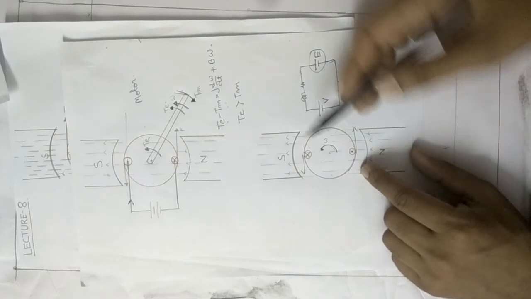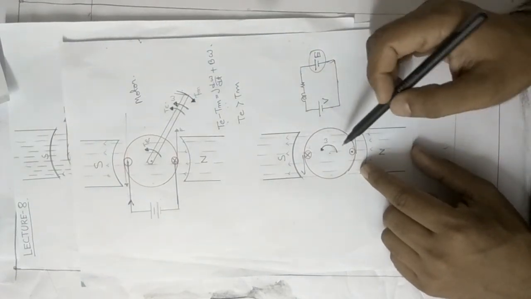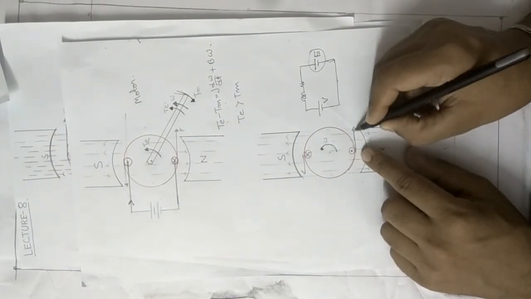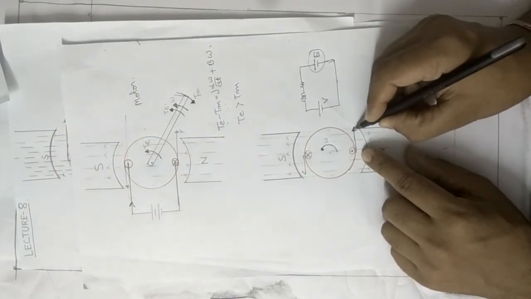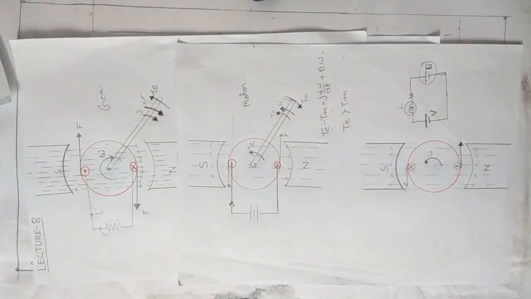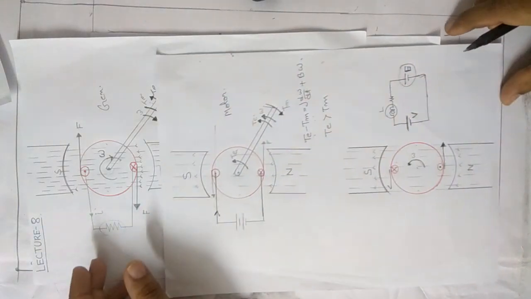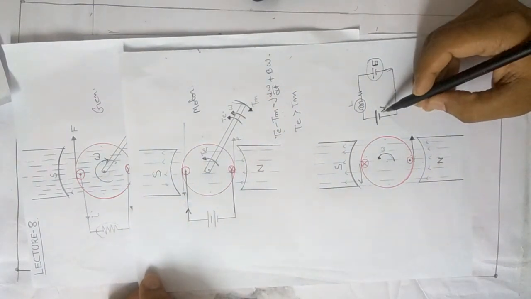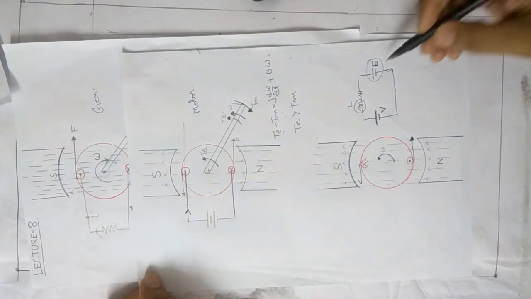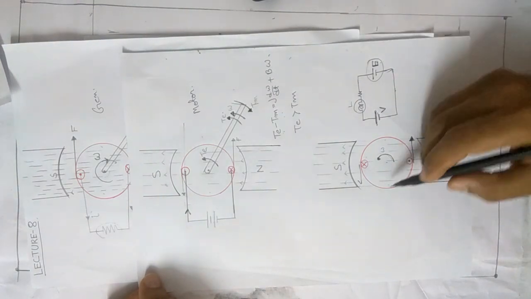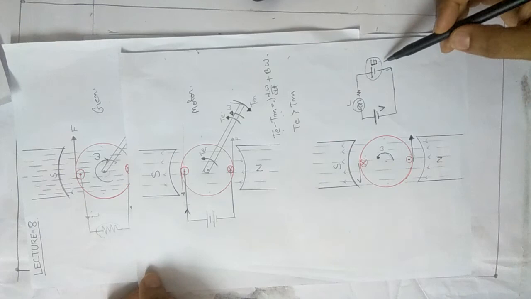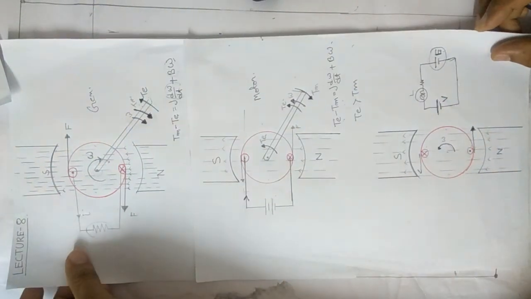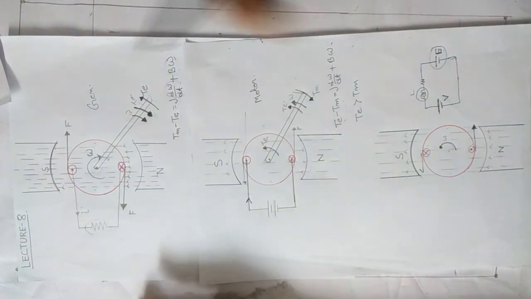That is, when this conductor rotates in this magnetic field, some voltage will be induced, and from this discussion we can understand that the direction of this voltage induced is opposite to the direction. Sorry for the interruption. What we are saying is that in this DC machine, a voltage is induced in this coil and the polarity of this voltage is opposite to the voltage that is applied, and we call it as a back EMF.